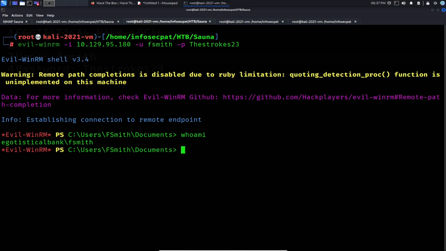So we have compromised the box as fsmith, but maybe this user doesn't have rights to actually do anything on this box. So what we have to do is get the flag for the user, and then we have to do some privilege escalation to escalate our permissions. So let's go ahead and keep it going. Normally we have the flag on the desktop. We can cd to the desktop and do all that good stuff, or we can just use a little shortcut. We can just write type, and then .. because we want to go ahead and go to desktop